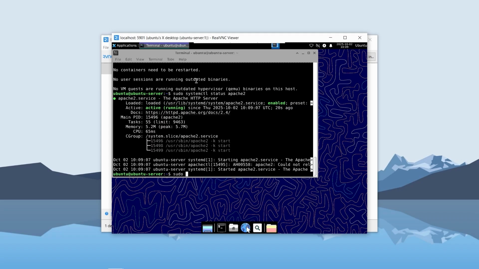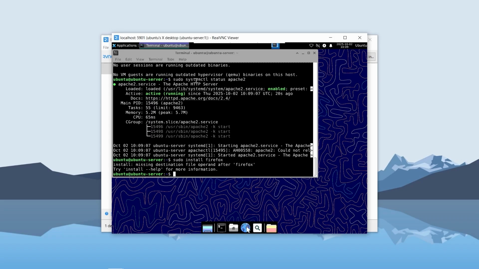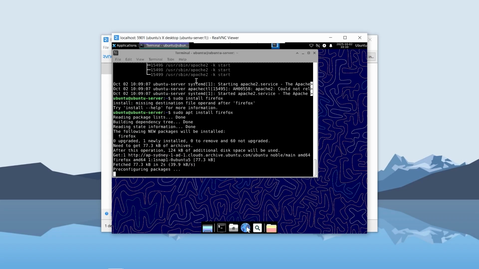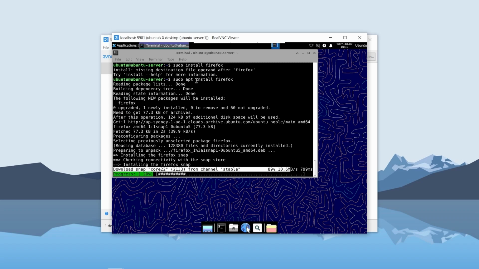Now let's install the Firefox browser. For that, we'll do sudo install firefox. Okay, that's not correct. Go for sudo apt install firefox. Now that should install the Firefox browser onto our Ubuntu server. Sorry, Ubuntu GUI. Once it's done,